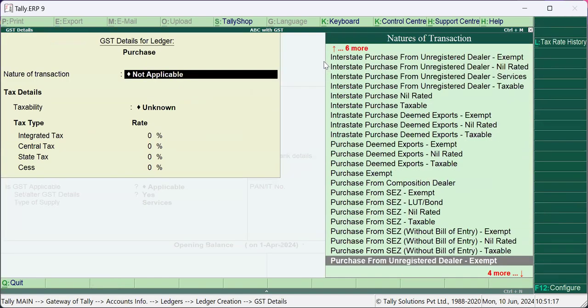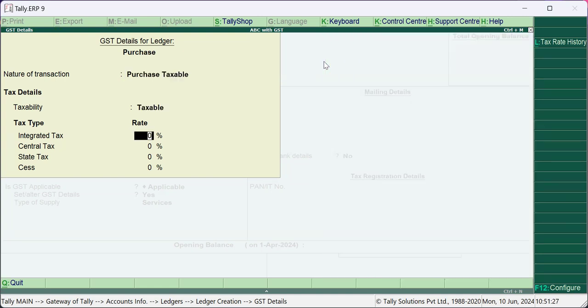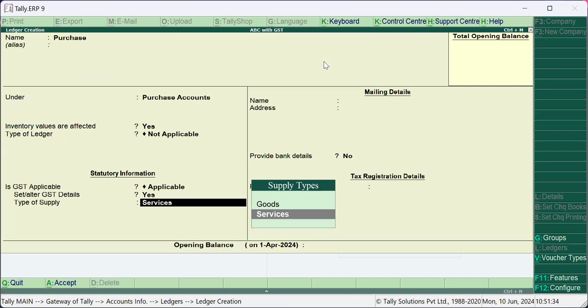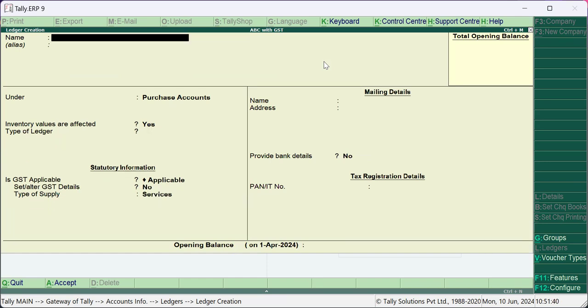Here go to purchases which are taxable. Okay, this is very important. Otherwise, you will not get the bills which will include your taxes. So rate IGST is 18%. See, at three places we have to show these rates. I'm dealing with goods. Bank details everything is not required. So this is done. Now I'll make Purvesh account